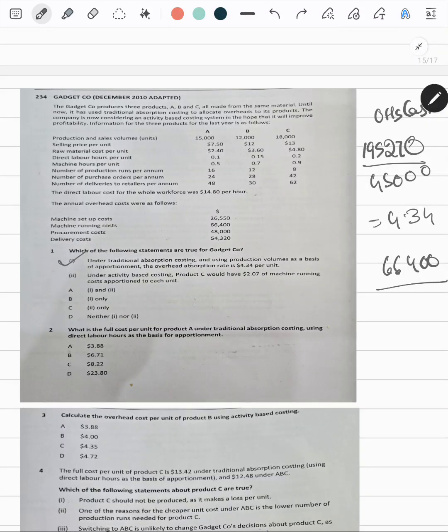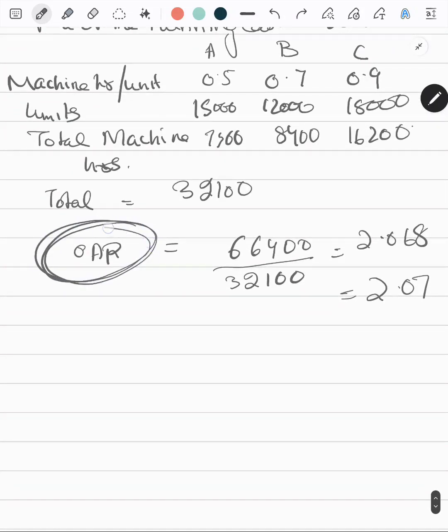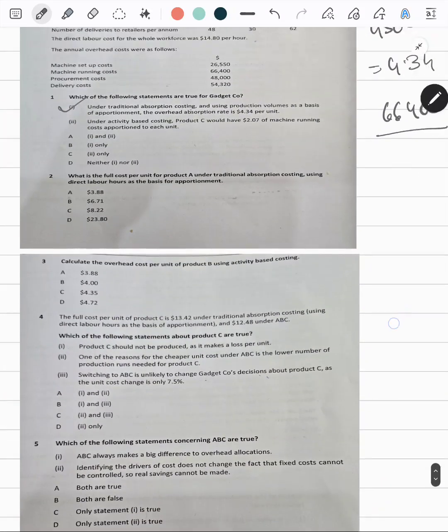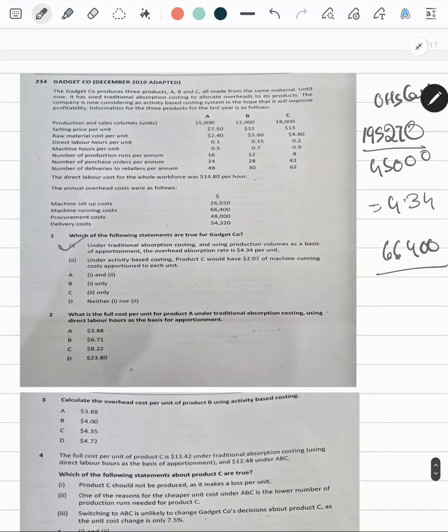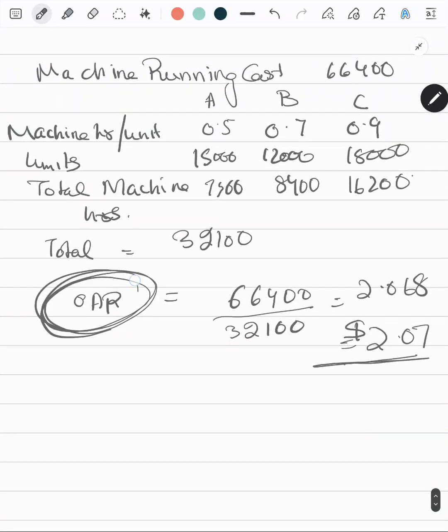see it very carefully. What I calculated is the overhead absorption rate, and over here the statement is for product C. It would have been 2.07. So this is not for product C. This is the overhead absorption rate. Now for product C, the situation will be different. The machine hours for product C are not